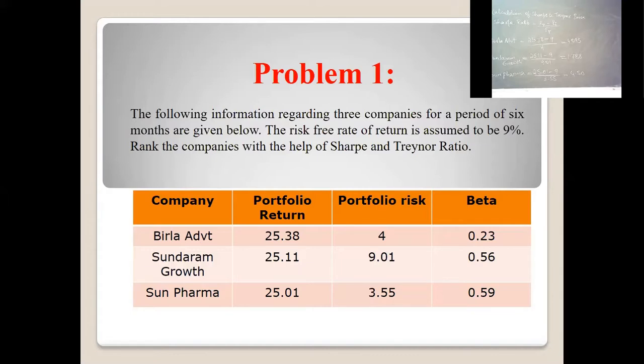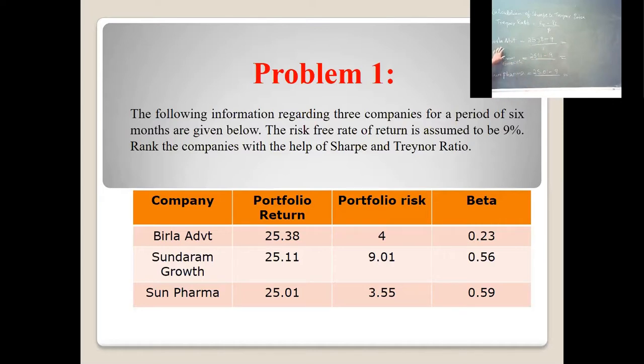Okay, so I assume that you people have completed. So we will go with the Treynor ratio. Give the heading Treynor ratio. The formula to calculate Treynor ratio is what? RP minus RF divided by beta. So RP minus RF will remain the same, whereas your denominator will change.